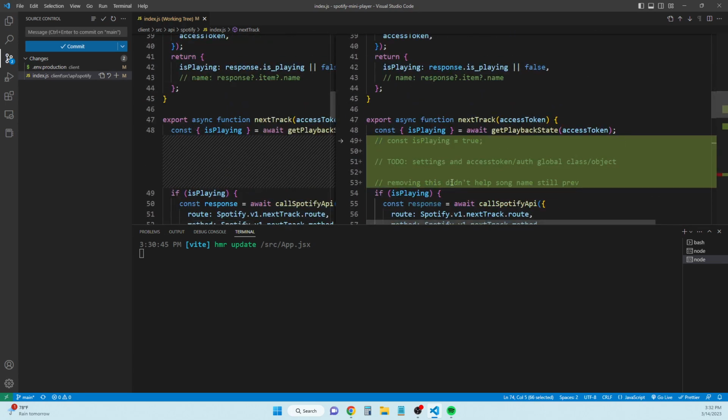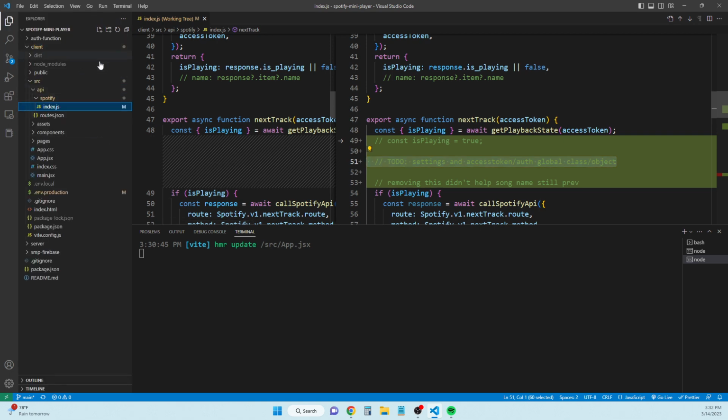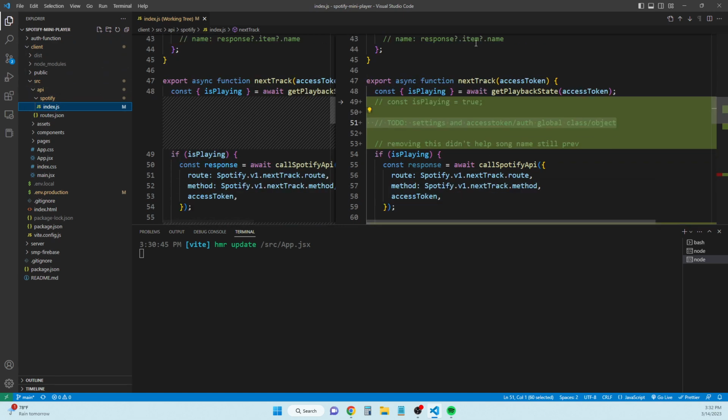Another thing I want to do for sure is I don't like how I'm passing this access token around everywhere. I don't like how I have it stored in state currently. So what I want to do is put it in a global class or an object. So that's one thing I actually want to do now. And then after I get that working, make sure it's still working, kind of working, then I will move on to switching over to the